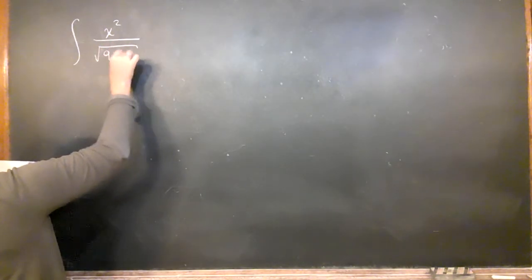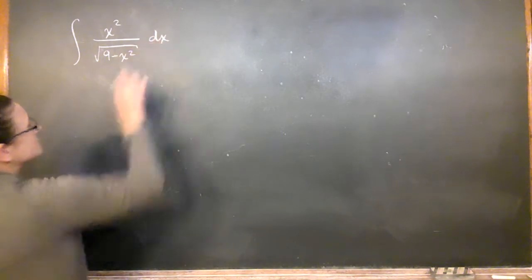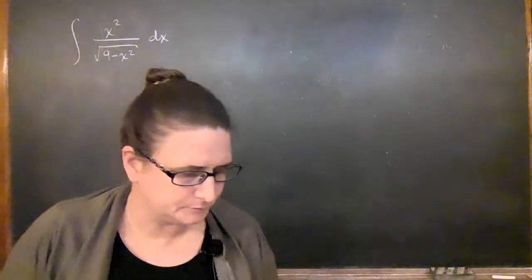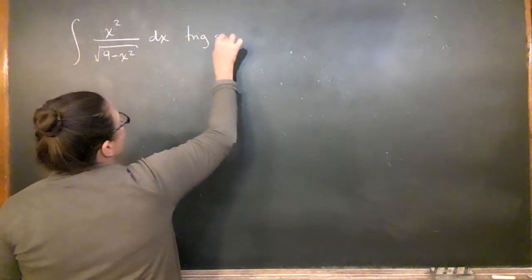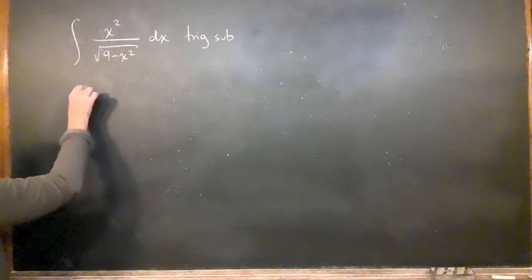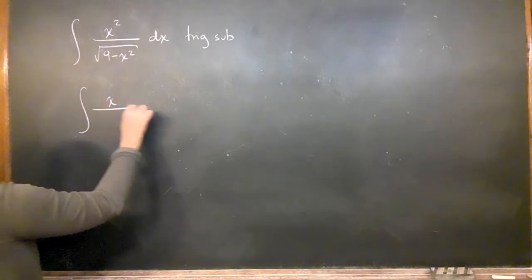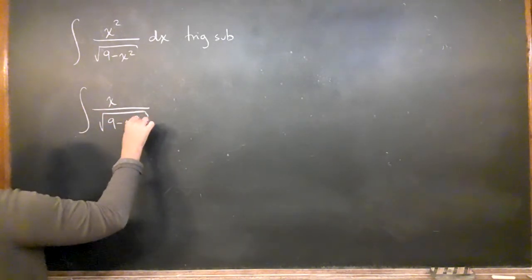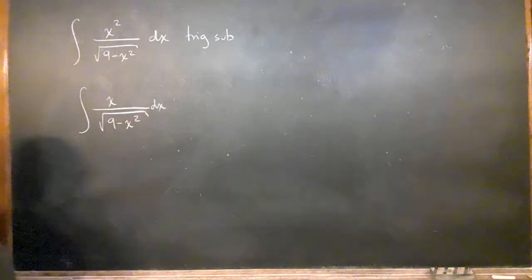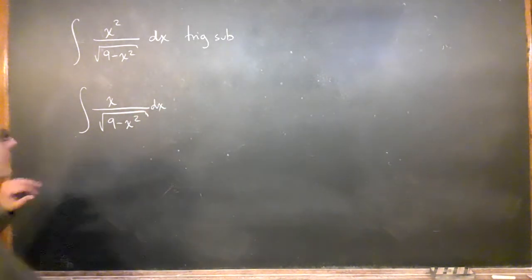Well, this one we had no choice. We had to use trig sub. However, and I think I mentioned this in the video, if it just looked like this, I could use u-sub,